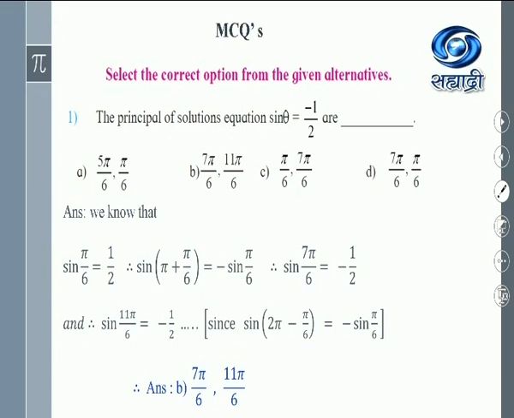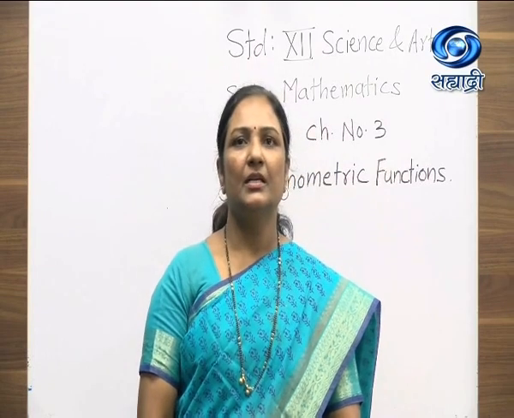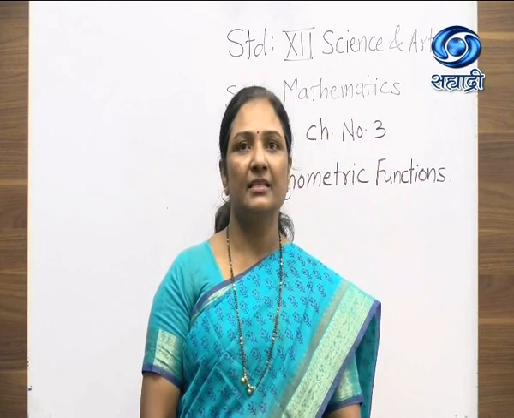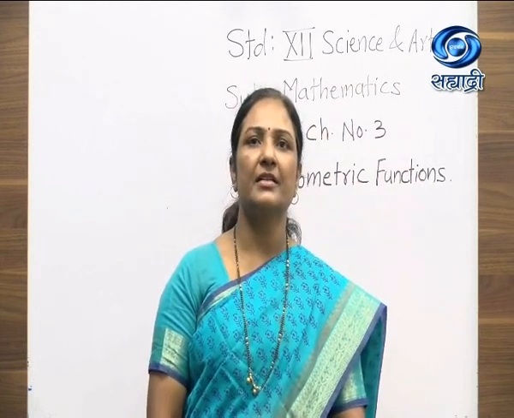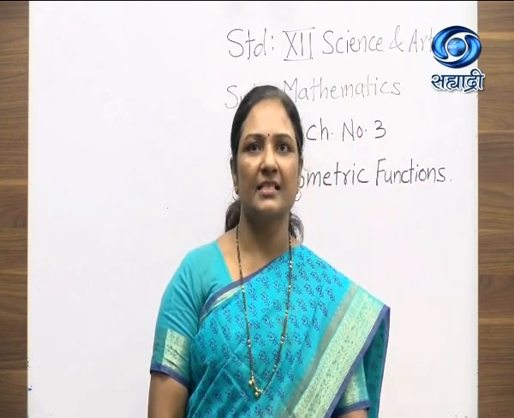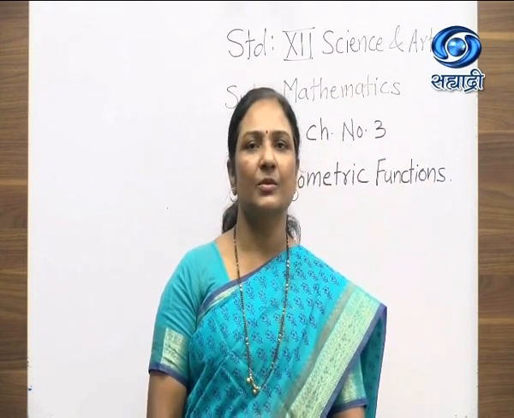The same alternative is repeated here, 7 pi by 6 and pi by 6. So here also we will have to change the sum, because these are printing mistakes. I hope you have understood the different methods of solving the sums from inverse trigonometric functions miscellaneous exercise. Try the remaining sums as homework.